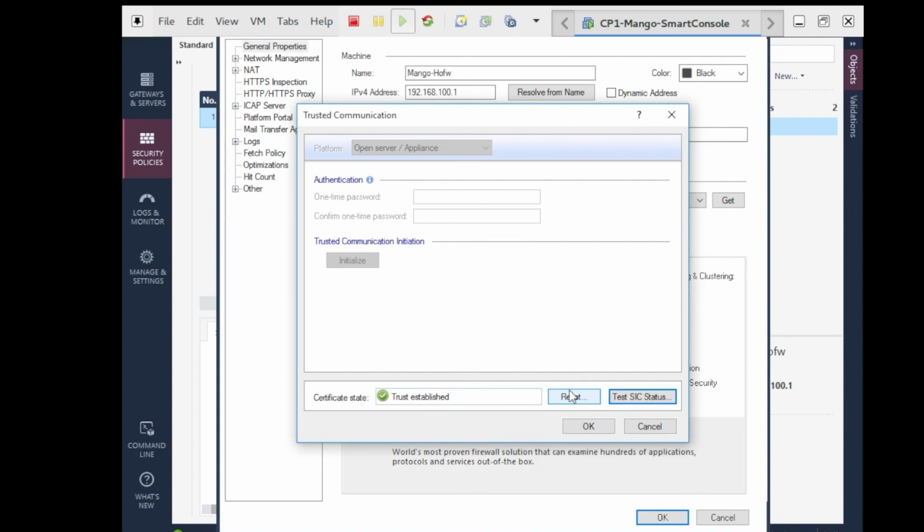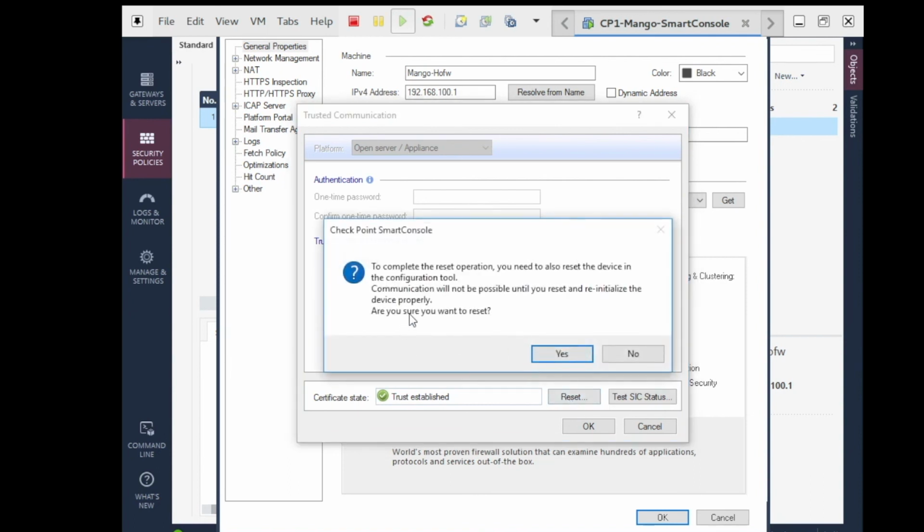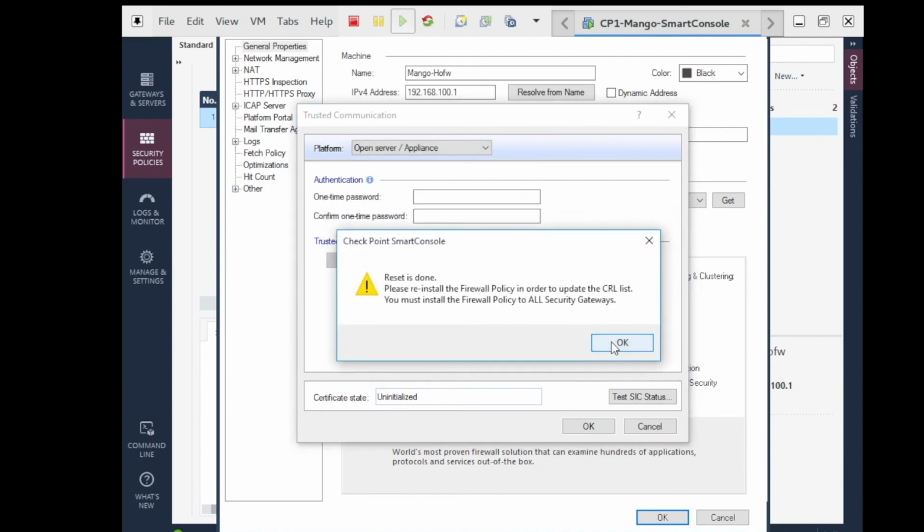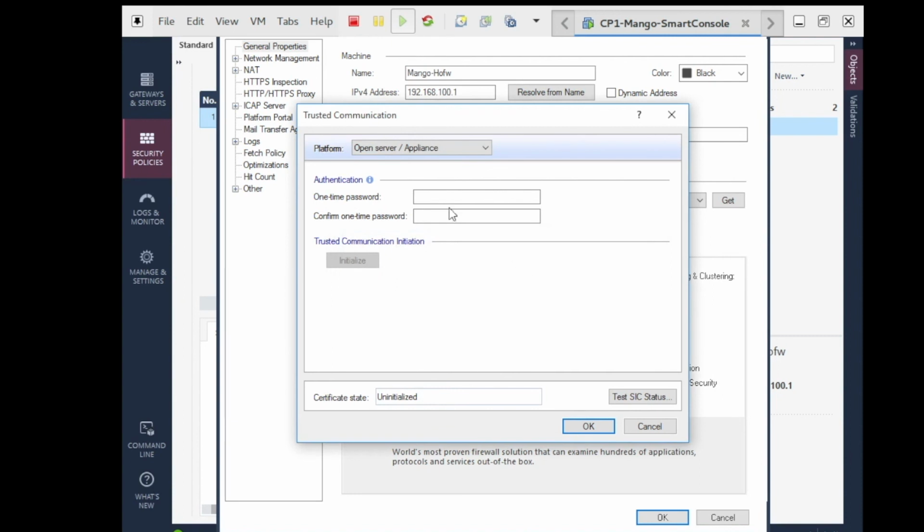Now I am resetting the SIC on the gateway object on the management server. I say reset. I say yes. I say okay. Now I give the one-time password as QWERTY. Okay, let us first give a wrong password.